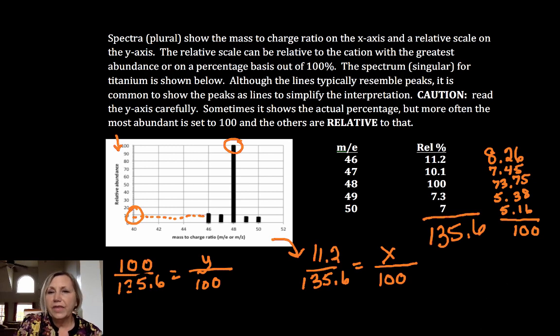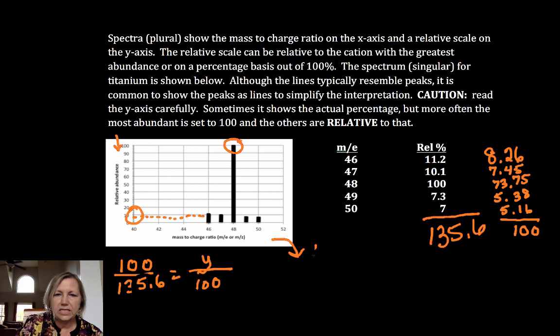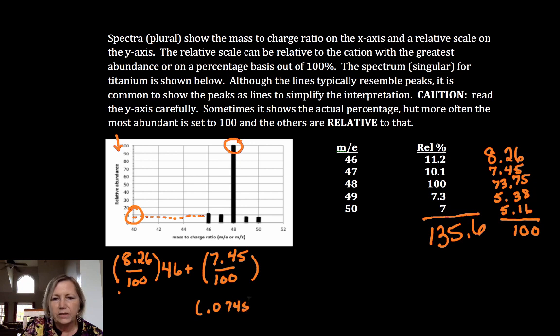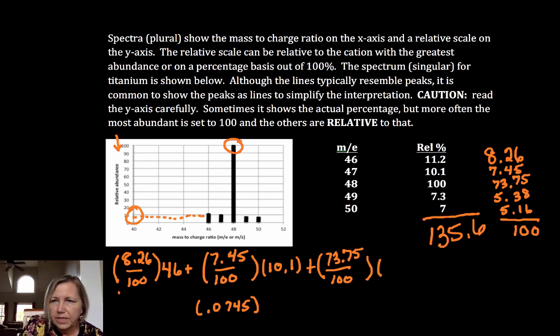Okay? Now that I have those absolute percentages, I can find the average atomic mass of titanium. That is the fraction mass, so it's 8.26 over 100 times the mass number of 46, plus the fraction mass. Some of you might want to do that in your head and write it right away as the fraction, 0.0745, and that would be fine for my class. I don't know what your teacher or professor wants. Times... I'm just trying to make a point that to get to the fraction, you simply take the percent and put it over 100. Whoops, I looked at the wrong number there. Let me fix this, sorry. Oh, Dena moment. So that would be times 47. Sorry about that. And then this one would be times 48 plus